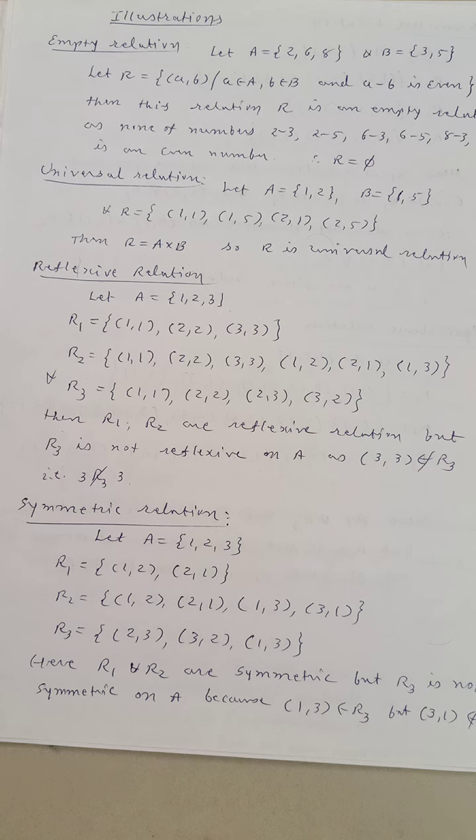Now in R3, what is R3? (2, 3), then (3, 2), then (1, 3). Now you decide yourself. What about R3? Of course it is not symmetric. Why not symmetric? Because for (2, 3) the reverse ordered pair (3, 2) we find, and for (3, 2) the reverse (2, 3) is also there. But what about (1, 3)? Only (1, 3) is given, (3, 1) is not given, and that's why it is not symmetric. Clear? Okay, next one.